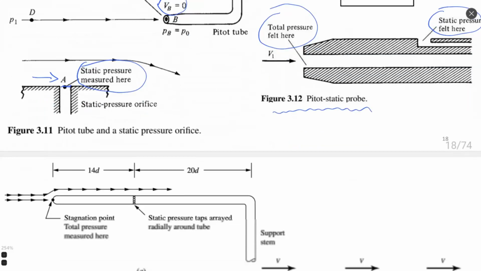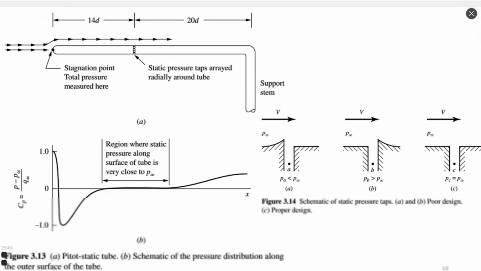A very important question is how the Pitot tube is designed. There are two very important aspects in this question. First of all, we need to compensate for the presence of the boundary layer. We need to put holes for static pressure measurement at some distance from the tip of this probe, not just because of the boundary layer, but also because of the distribution of pressure,